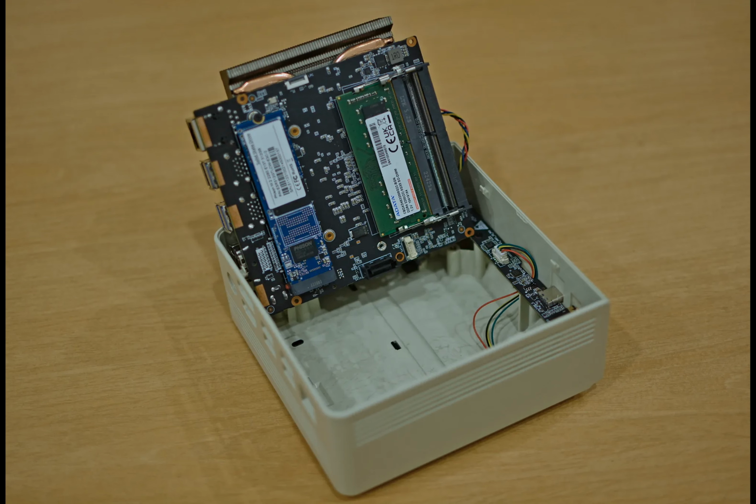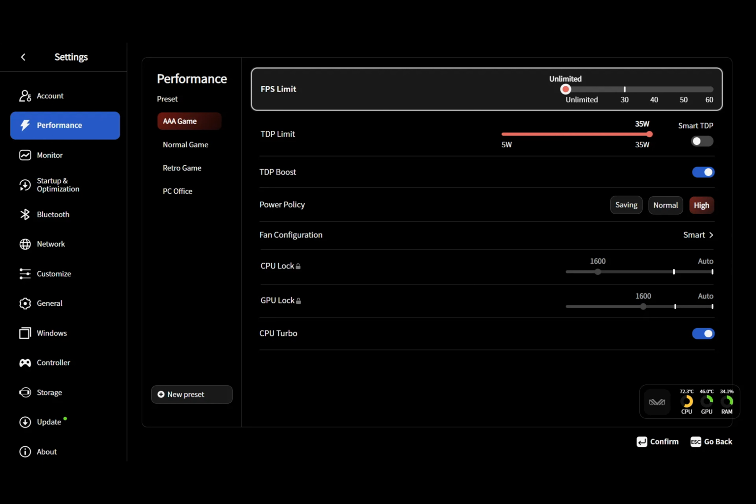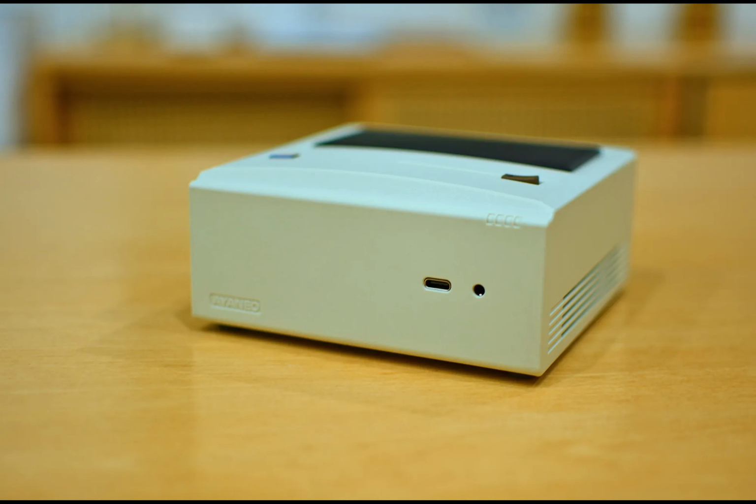iSpace offers a range of system controls, like letting you switch between various performance profile presets, limit your frames per second in games, tune fan speeds, set up your controller, and much more. The app's homepage acts as a launcher that gathers all of your games into a single place. Additionally, there's a small floating widget that you can enable if you like to constantly keep an eye on your CPU and GPU temperatures. This widget is also handy to pull out a compact version of iSpace to access important